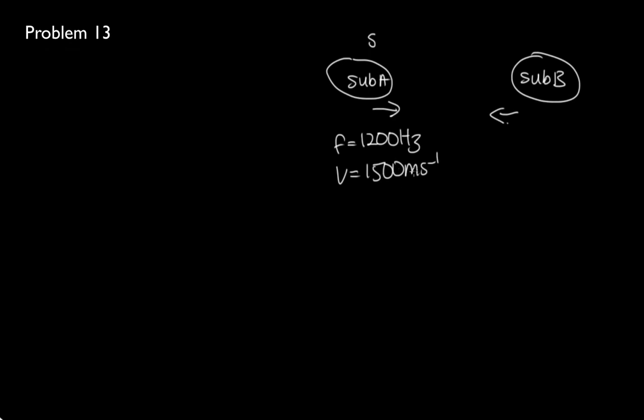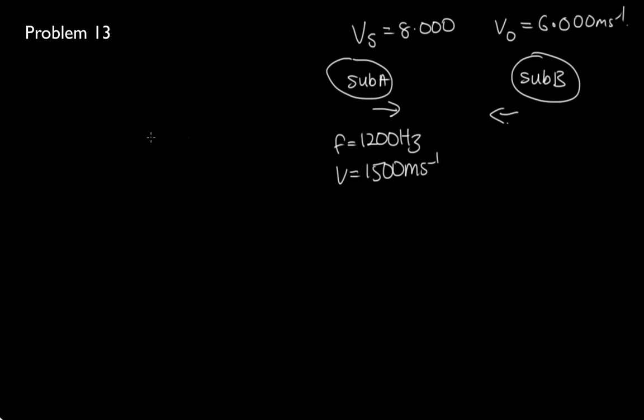So sonar is sound, but it travels a lot faster through water than through air. One of the reasons is that water is more dense than air. If sub A is travelling northwards with a velocity of 8 meters per second, so V of the source is equal to 8.000, and sub B is travelling southwards because they're travelling in opposite directions, so V of the observer is equal to 6.000 meters per second, then we're asked in part A, as they approach each other, what frequency